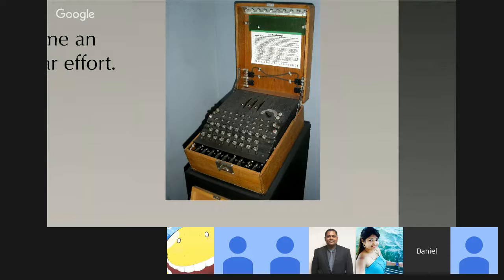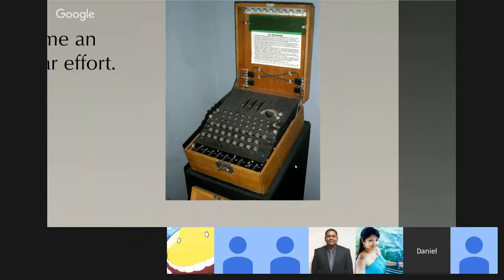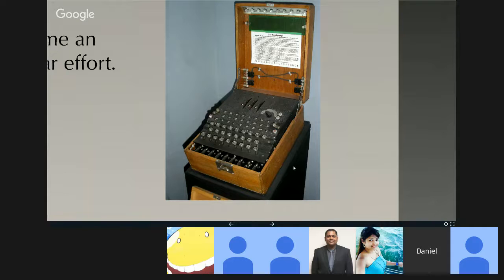So using the Enigma machine, the Germans had information superiority in the early part of the war. They were able to communicate with especially their submarines, and the submarines, the U-boats, put a blockade around England, bombed the hell out of London, and England was doing pretty bad. They needed to defeat the Germans, and in order to do that, they needed to crack the Enigma code.